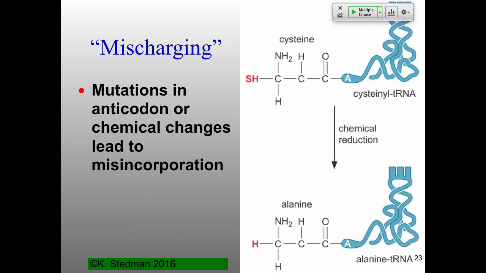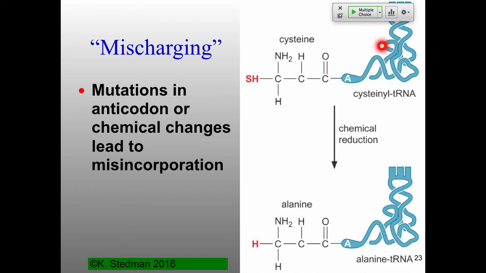Okay, so what about proofreading by the ribosome? When stuff actually starts to get put together, the answer is the ribosome does absolutely no proofreading. The only quality control has to do with the tRNA and the aminoacyl tRNA synthetase. So all the proofreading is happening there, and this was proved really quite nicely by taking a